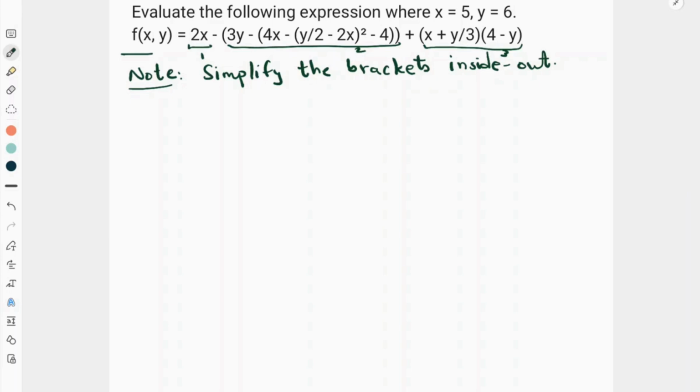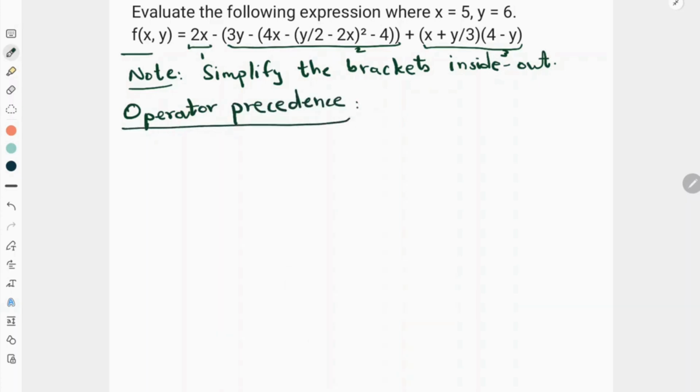Just for completeness, I am mentioning it here, the operator precedence. Let me write this down and then we'll talk about what it is. What is operator precedence? When multiple operators are given without any brackets between them, in which order do we solve them? Suppose I'm given an expression like this, 3 plus 4 times 5. What is the value of this expression? The operator precedence says that we need to evaluate division and multiplication left to right. Separately, addition and subtraction should be solved left to right,